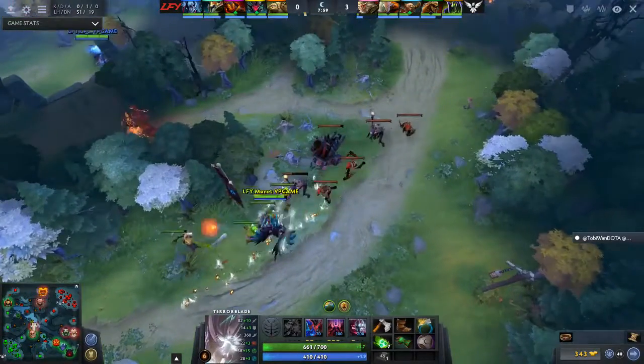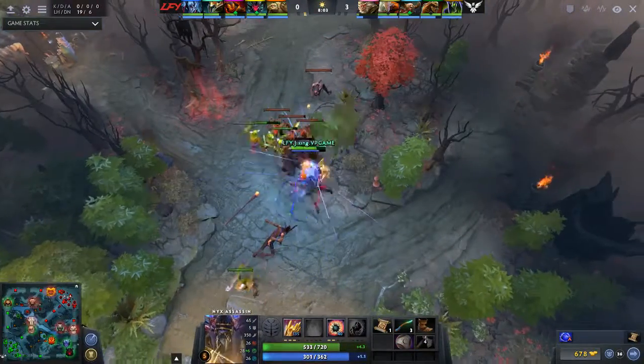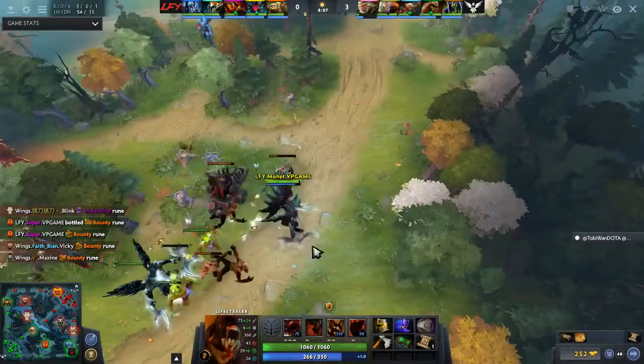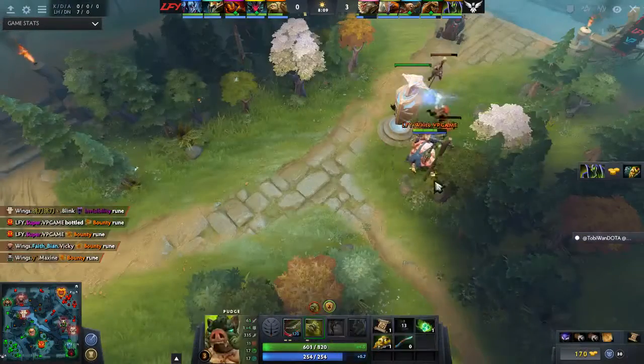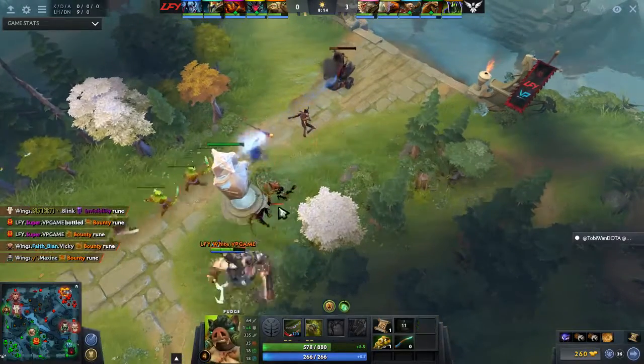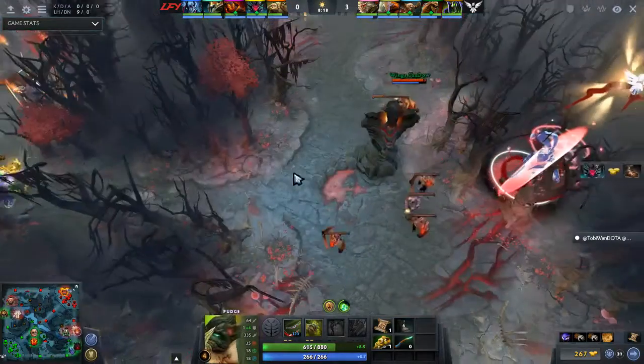Metamorphosis is off cooldown now. Yep. You have Sunder available. So you might be able to catch Wings in a sort of compromising position. I don't even know if they can really defend this. I think they need Centaur and or the Monkey or both. Ice, where is he going to TP to? He just shrine up in base. He is going to...